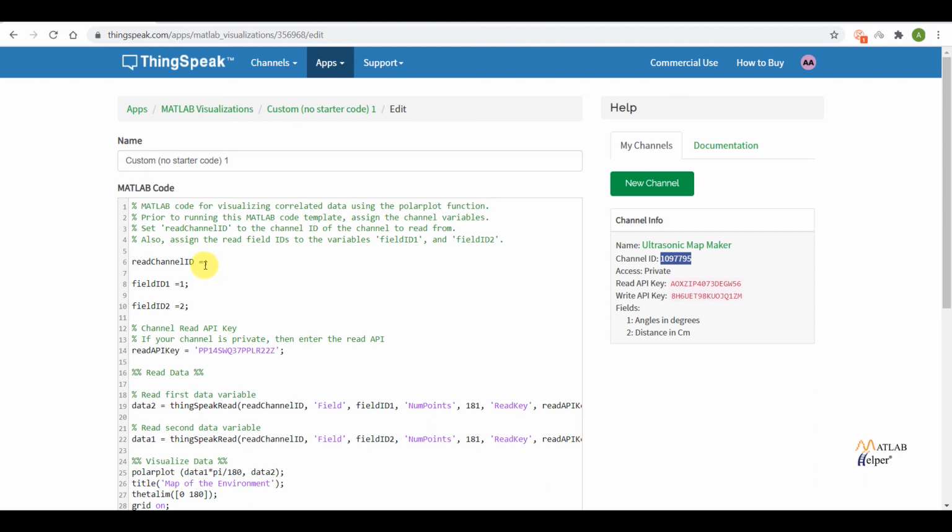So I copied the channel ID, I am pasting the channel ID, and I want to get the data from two fields, that is field ID 1 and field ID 2. So I mentioned both the field IDs, and as we are going to read the data from the channel, we have to mention the read API key. So this is the read API key. I am copying the read API key.